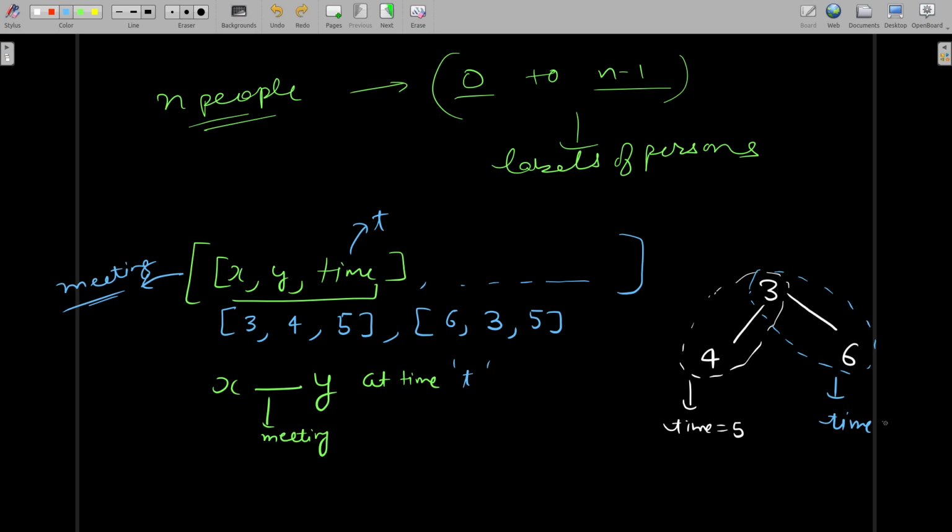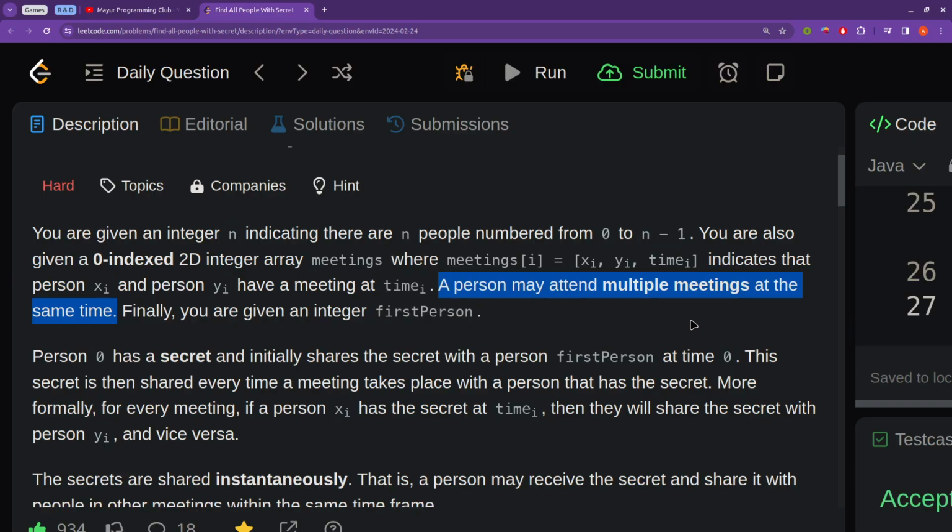So you are able to see that the same person is attending two different meetings, or more than one meeting, at the same time. Okay, same person attending more than one meeting at the same time. So this type of case can be there,